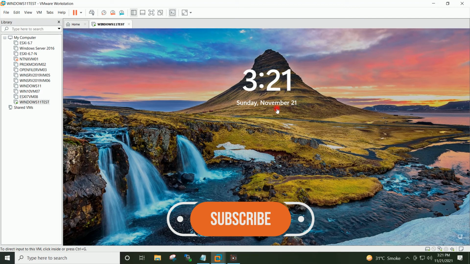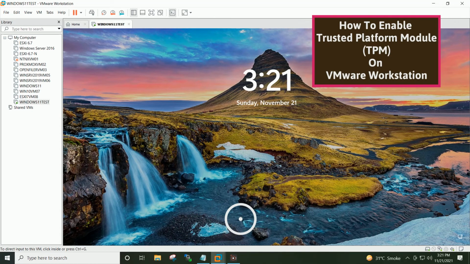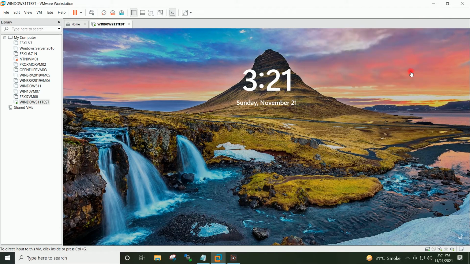This is my Windows 11 installed on a VMware Workstation virtual machine. You can refer to this video on how to enable the Trusted Platform Module, TPM, on the VMware Workstation virtual machine, and then you can install Windows 11 on that virtual machine. I will provide the link of that video in the description.